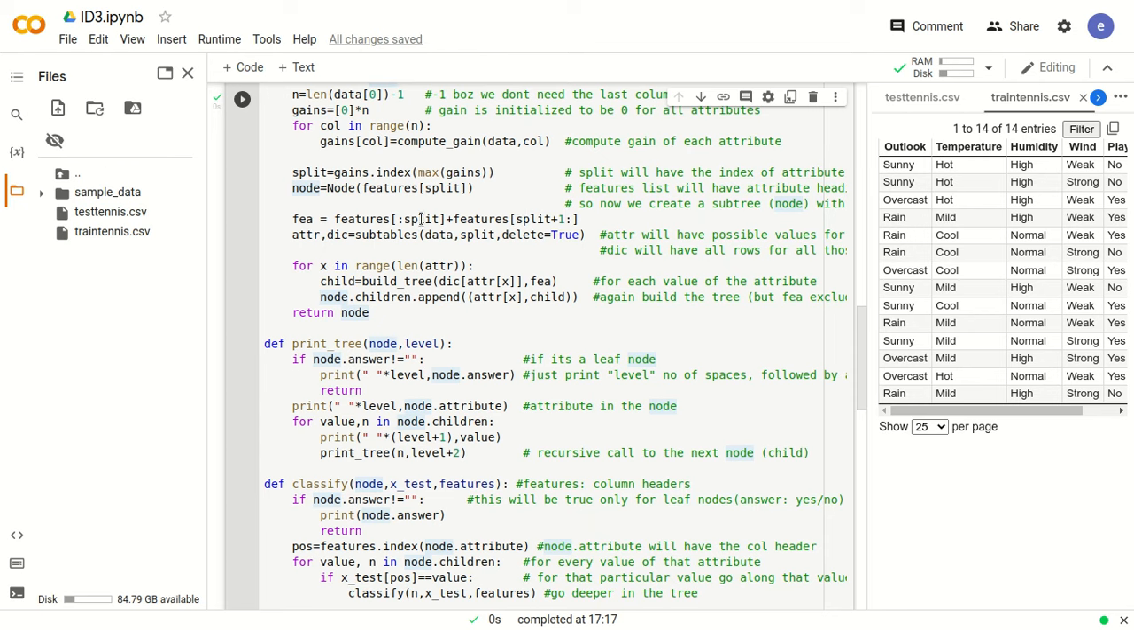So if just for the example I've taken split is 1, so it will come up to here, so this will not be considered. Outlook is taken and split plus 1, in other words 1 plus 1 is 2, and from here to everything. So what we are trying to do here is creating a new variable called FEA, which is the features again, but we have not included the one we have already considered here. Okay, now